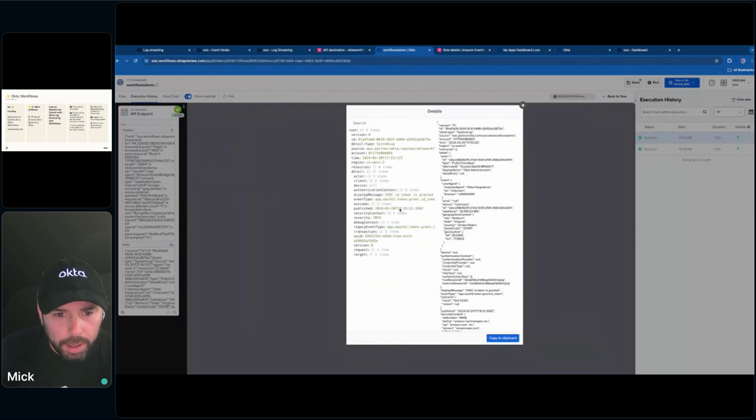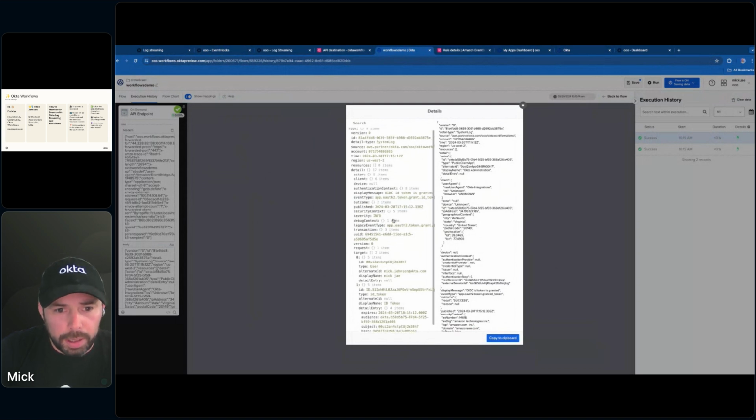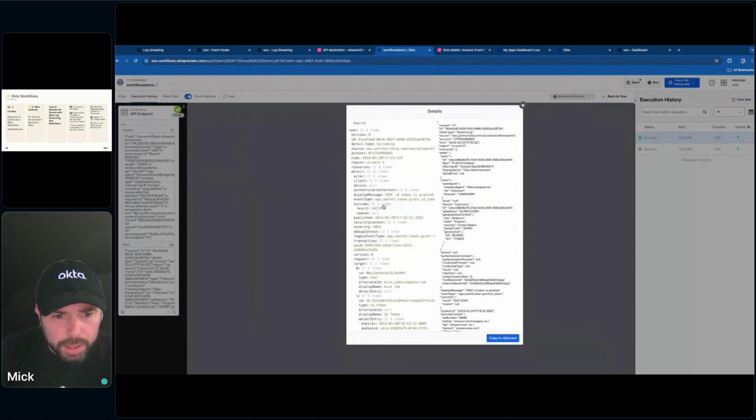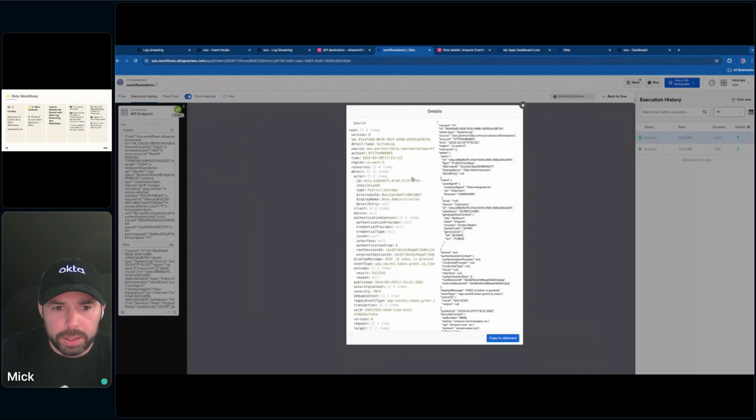If you want to dig into it more, you've got the target for the user as well as the application. And I guess from there, I can dig into the other one as well. It's going to be fairly similar here. Actor, so that's going to be